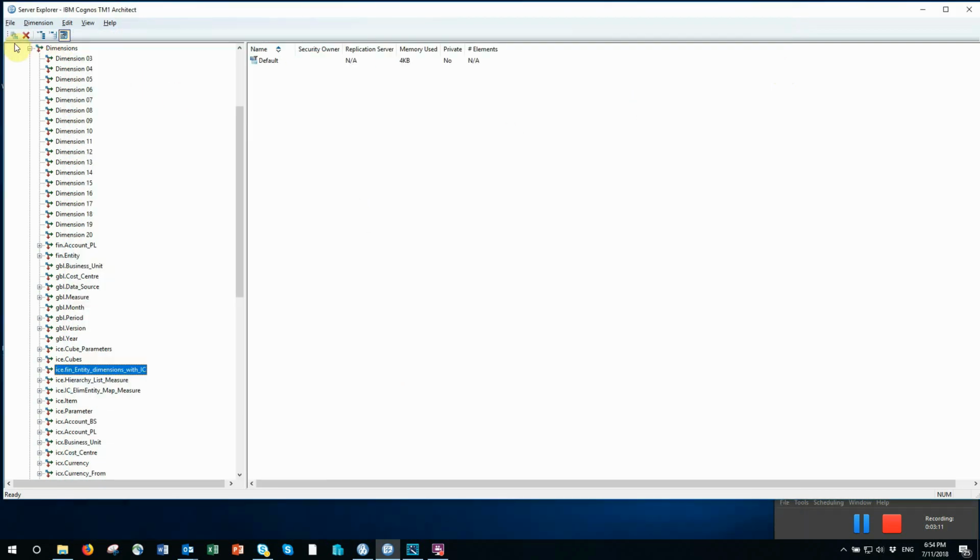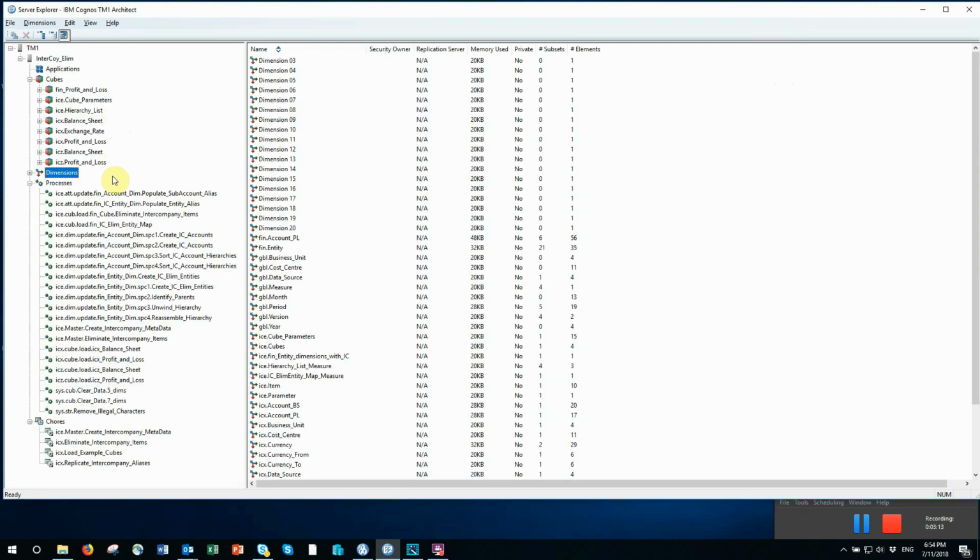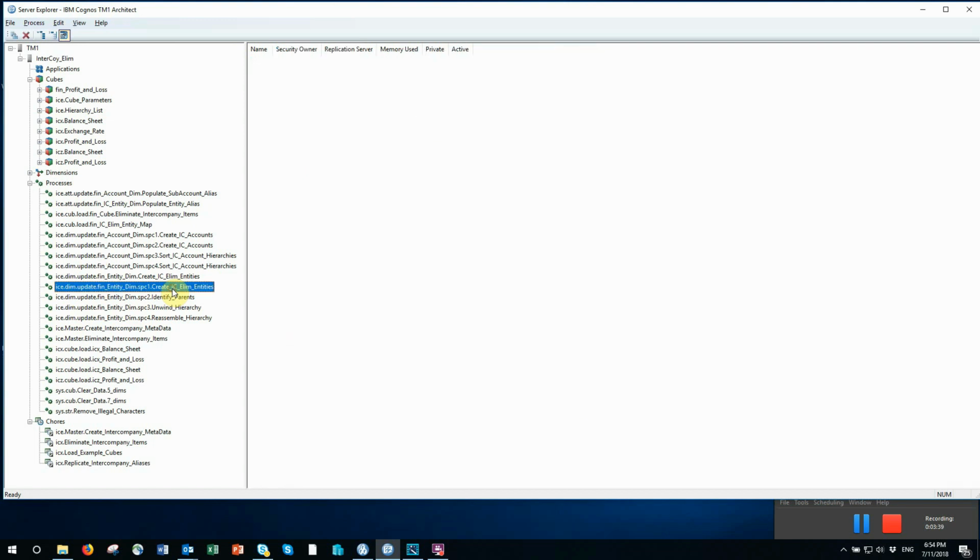Then this is a multi-currency model. We use a very flexible, slightly complex currency model that I won't go into for this demonstration. But in that currency process, what I'm going to need to know is what currency to have my elimination intercompany entities. And if I get the ICE dim update fin entity dim space 1 create IC elimination entities process and edit that,